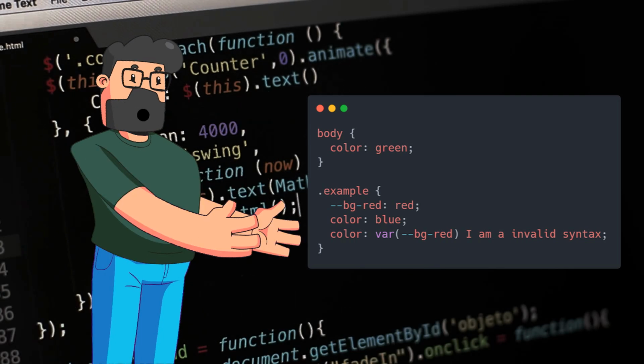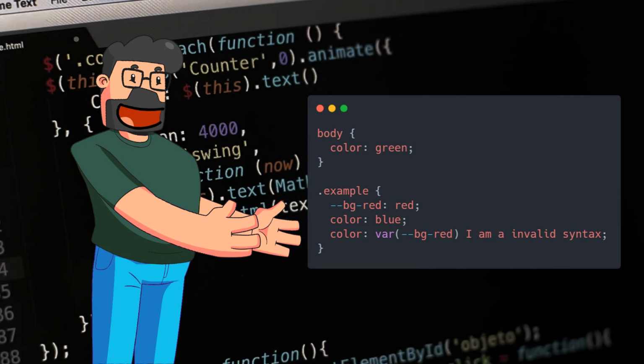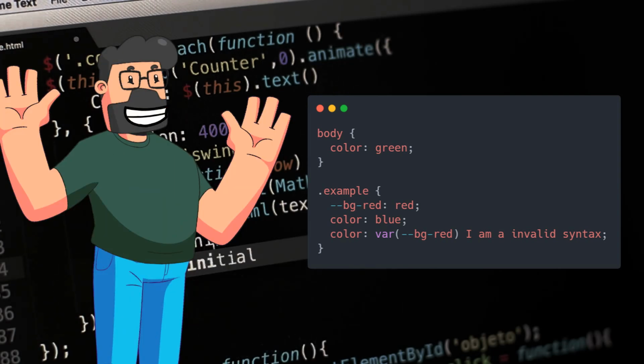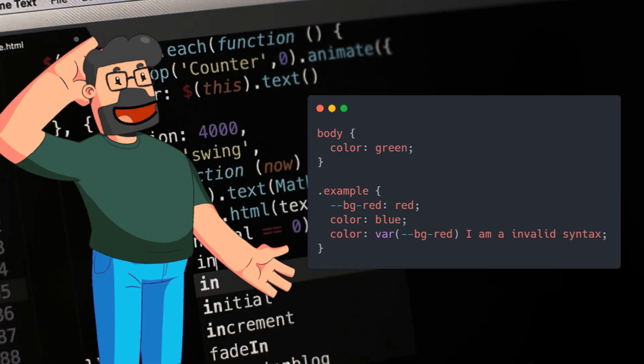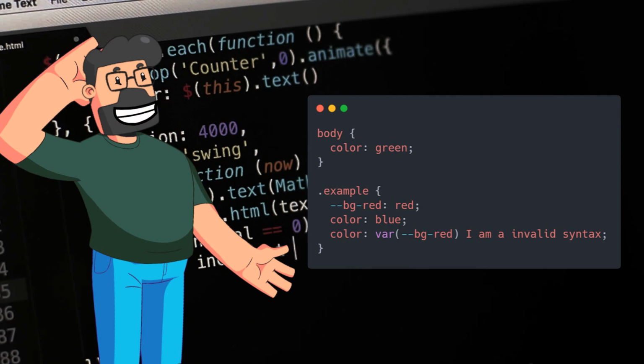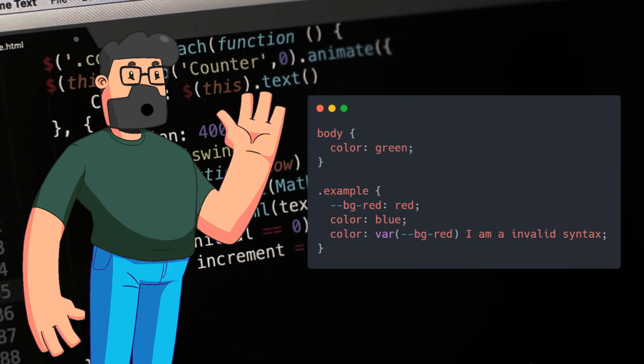Within the snippet, we define a custom property bgRed with a value red, and then attempt to apply this value using the var function in a color property declaration. However, the subsequent text snippet, "I am an invalid syntax", causes the property value to become invalid post-substitution. As a result, the computed value defaults to behave as if unset had been specified, showcasing how the CSS variables